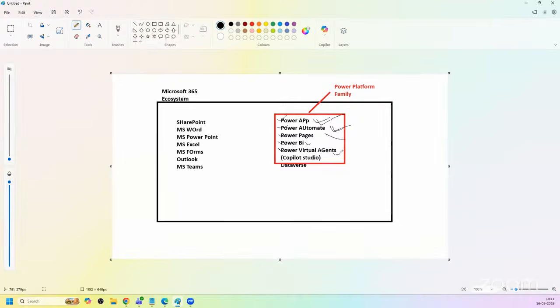So remember, if you are claiming that you are a Power Platform developer, you should be aware of all these 5 skills. Even though you don't know all the skills in depth, at least you should understand what business value these apps are going to bring to the client. Like, what are the business